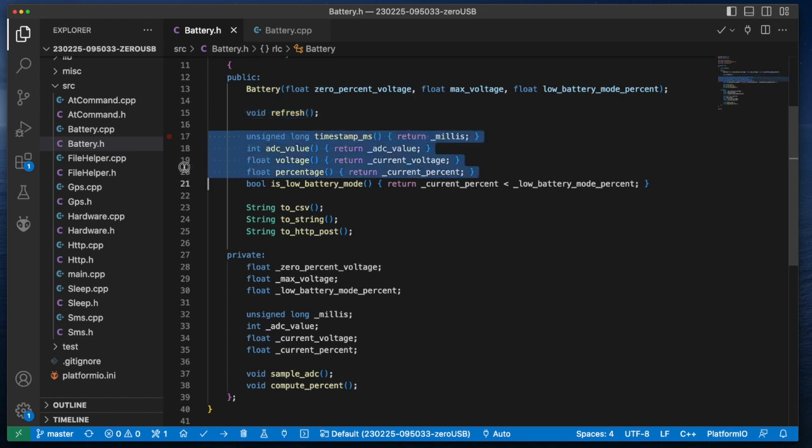The next three are simply inline functions that return private variables. So this private variable millis is returned through this inline function, and so on down here. We'll talk about these in a little bit, but you can start to get an idea that there's an analog to digital value. That value is converted to a voltage, and we use that voltage to compute some current